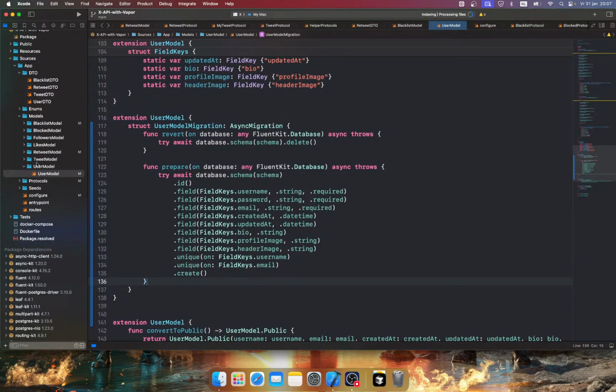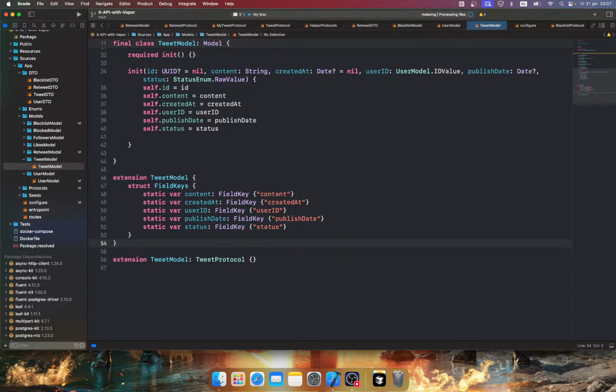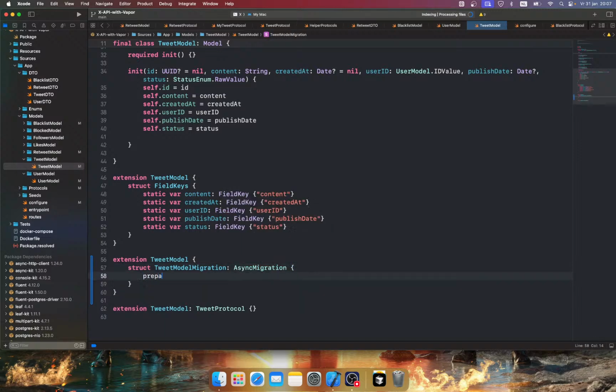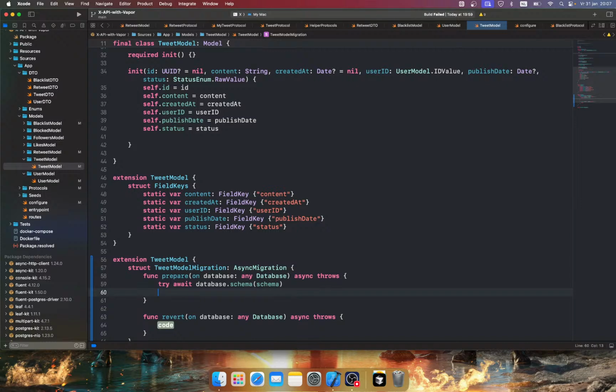Let's go to models. So we can go to the tweet model. So for tweet model, we can do the same under the extension. We can say extension of tweet model, and we can say struct tweet model migration of async migration. We can say prepare, and we can call revert. And now we're going to do the same. So we can say try await database.schema of schema, and we can say .id